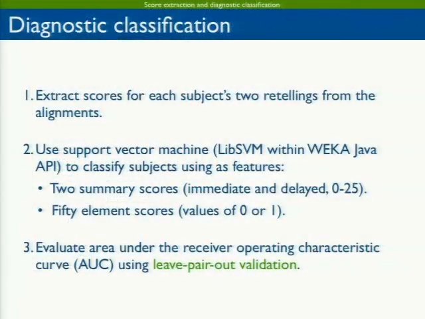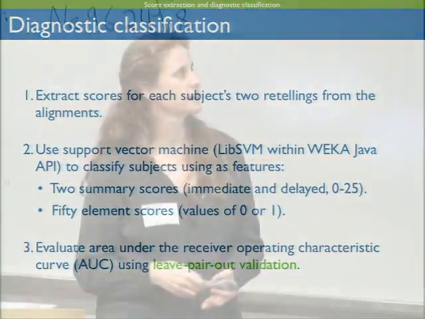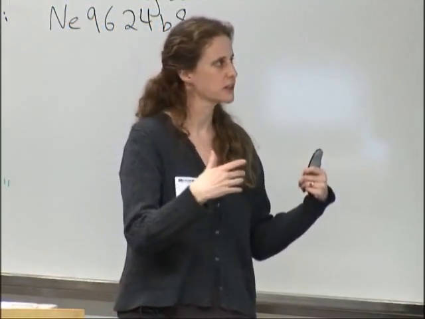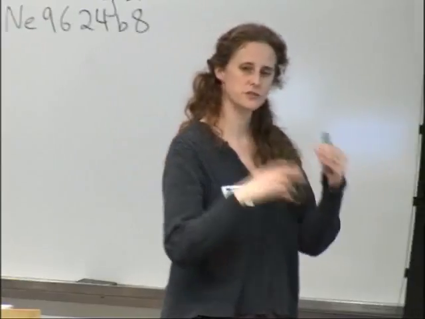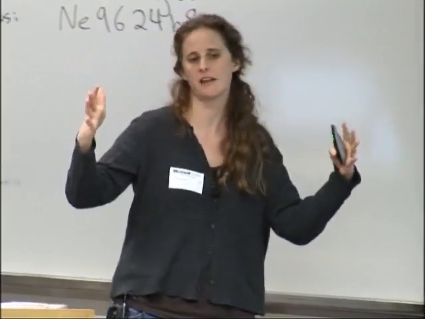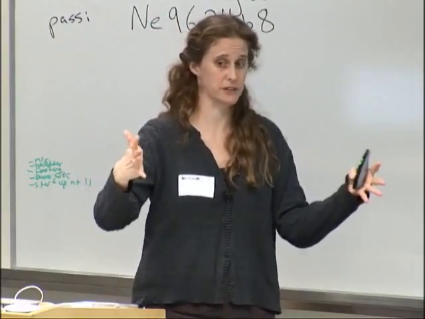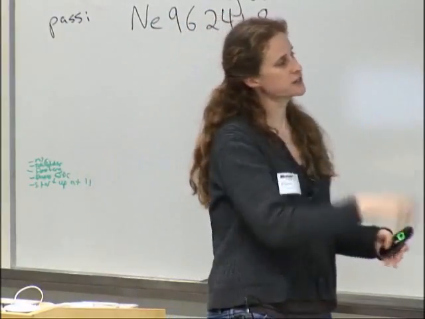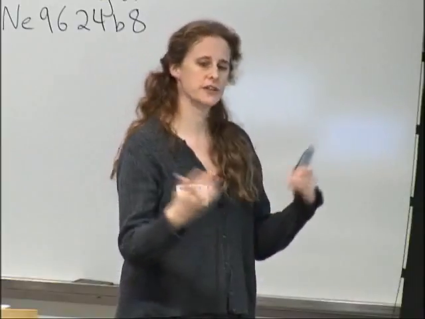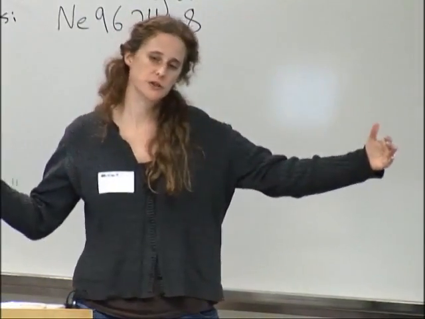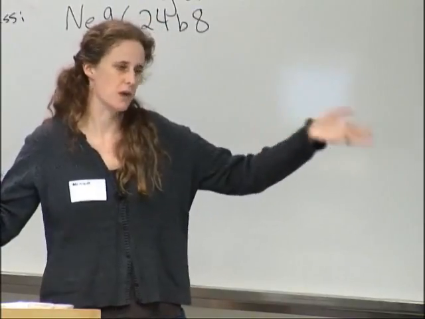So what we do is we extract scores from each subject's true retellings. Then we use a support vector machine to classify the subjects. We have 2 feature sets. One feature set is just the summary scores. So for each retelling, 0 to 25, how many elements did they get? This is the score that's reported as part of the Wechsler Memory Scale. The second feature set is the 50 element scores. So for each retelling, there are 25 elements. So we create a vector of 50 scores, each one being 0 or 1, depending on whether or not they